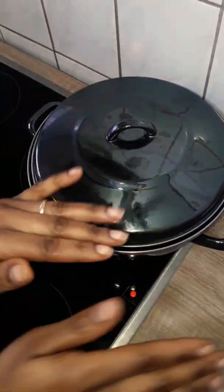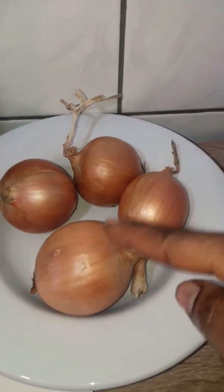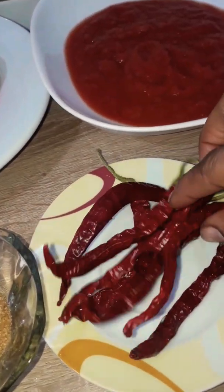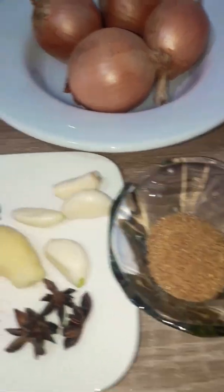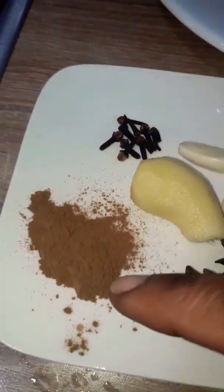So while it's cooking, let's go ahead and continue making the stew. Next we need some olive oil, 4 large onions, 500 grams of tomato puree, a cup of buttermilk, 6 dried chili peppers, a tablespoon of brown sugar, 4 cloves of garlic, 3 star anise, some ginger, 6 cloves, and a